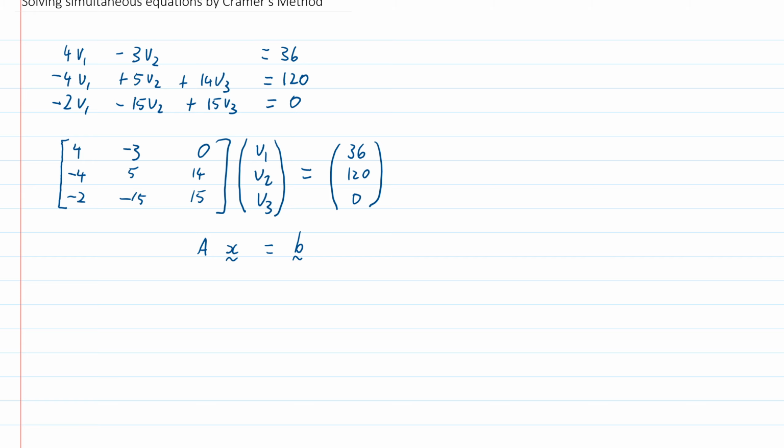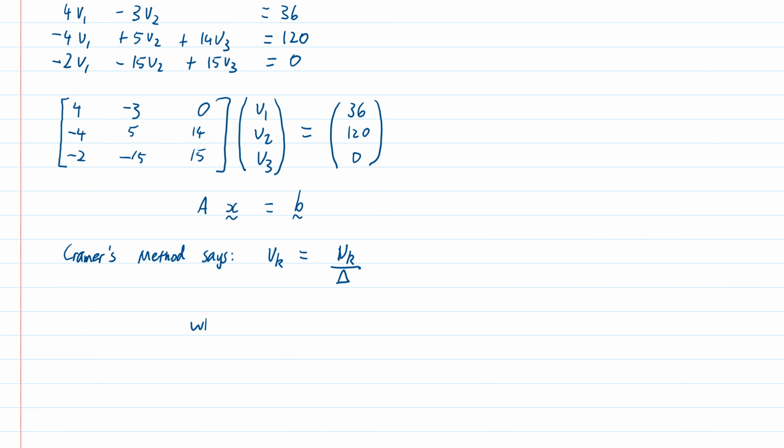So Cramer's method says the following. My unknown, which I'm going to call V here because these are voltages, so Vk, is equal to a thing called Nk divided by a thing called delta. So how do I evaluate those? Where delta is the determinant of this A matrix. I'll explain in a minute how to calculate a determinant if you have not heard of that before. Where delta is the determinant of A, and